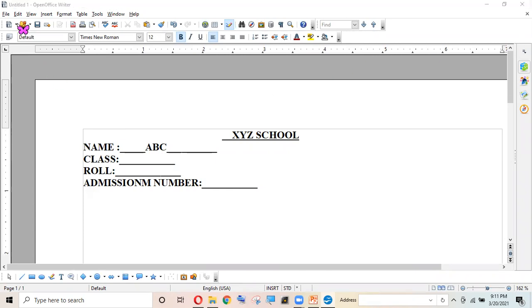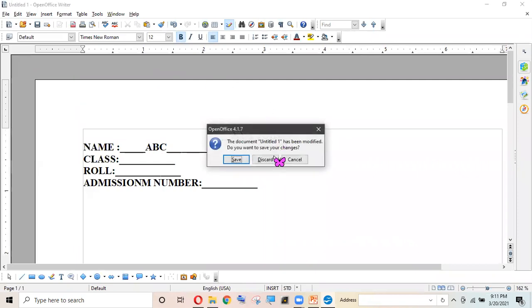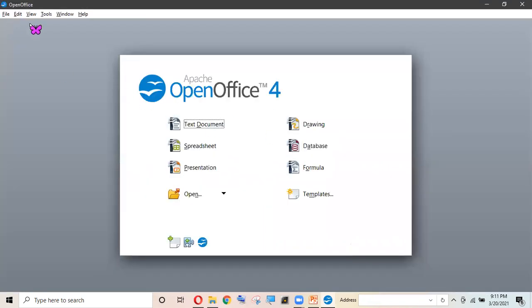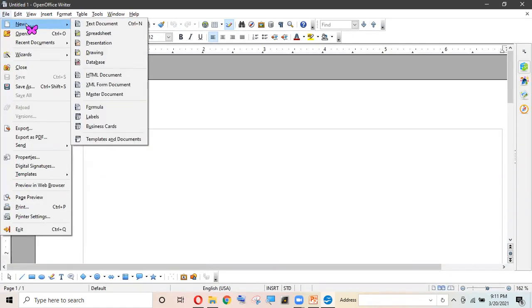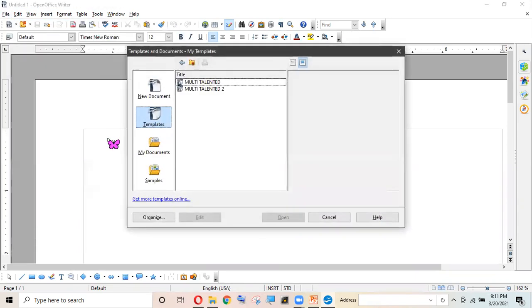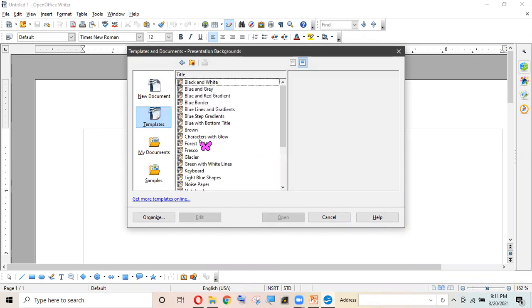And the second way you can create a template, as I told you: firstly, go directly to File or Document. Just open the text document again, click on File, New, and Templates in Document. So you can create your own templates. I don't want this, so again I'm coming back to My Templates. I'm going to my Presentation Backgrounds. I can create all my templates, whatever I like.